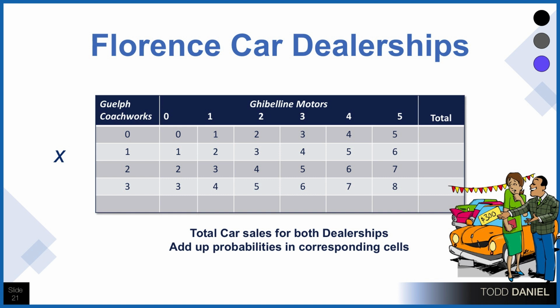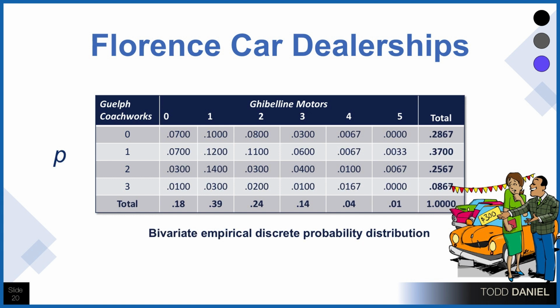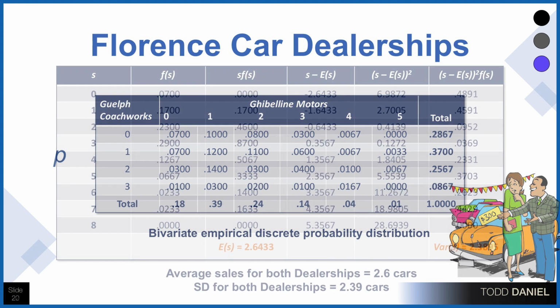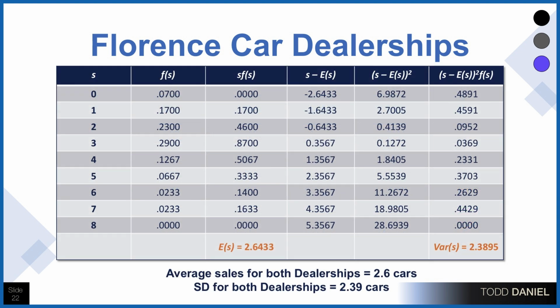So if you look on the diagonals, you see that there are many ways that we could get to 3 sales. One is the first dealership sells 3, the second sells 0, or one sells 2 and the other sells 1, or the opposite of that, 1 and 2, or 0 and 3. So there are 4 options for getting to 3 sales. And each one of those has a probability associated with it. We would add up all those associated probabilities, and then we could put those into a table that looks like this.